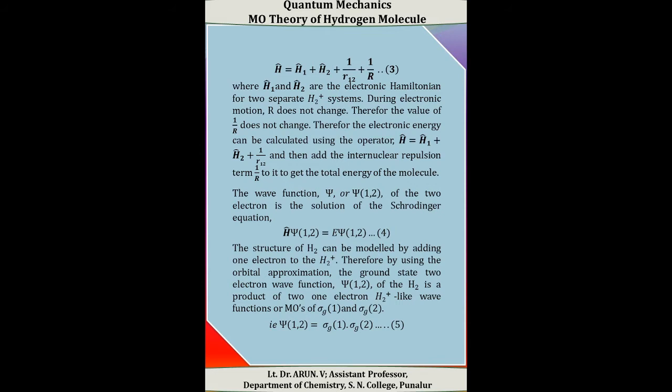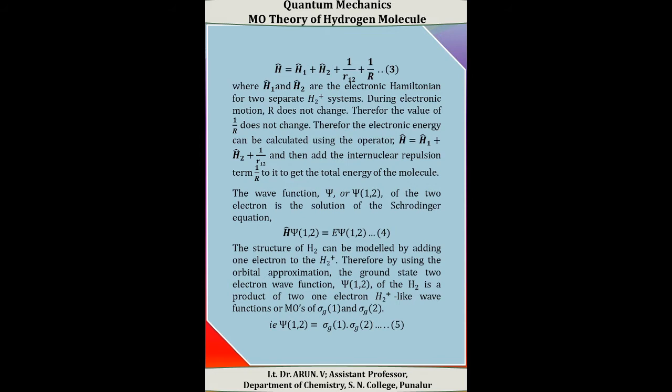The wave function for hydrogen molecule, represented by psi12 of the two electrons, is a solution of the Schrodinger equation, that is H psi12 equals E psi12. The structure of hydrogen molecule can be modeled by adding one electron to H2 plus. Therefore, by using the orbital approximation, the ground state two-electron wave function psi12 of hydrogen molecule is the product of two one-electron H2 plus systems,